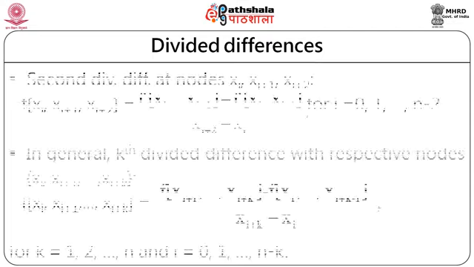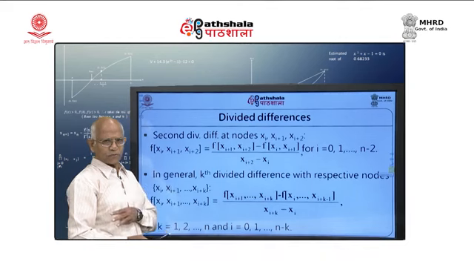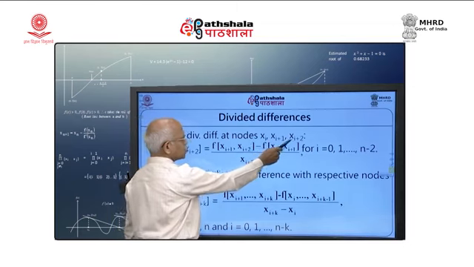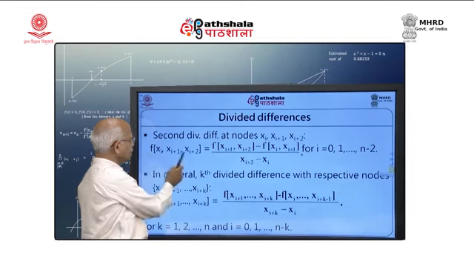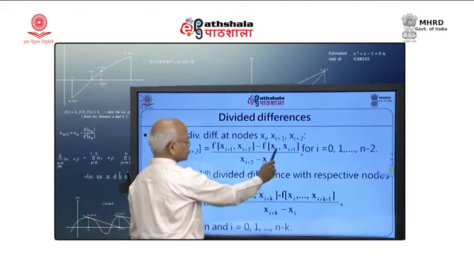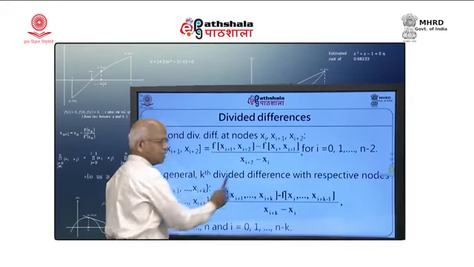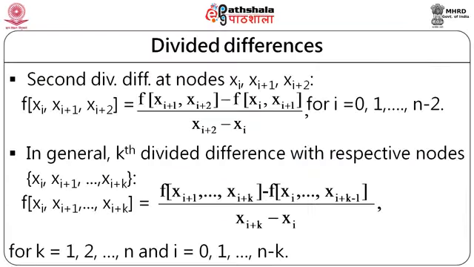Then we consider the next, the second divided difference at nodes. So again there will be 3 arguments now. In general, I will have 3 arguments x_i, x_{i+1} and x_{i+2}. Then my divided difference will be given by: you take the first divided difference on the last 2 nodes, and the first divided difference of the first 2 nodes, take the difference of that and divide it by x_{i+2} minus x_i, and that is done for i equal to 0, 1, 2, 3 up to